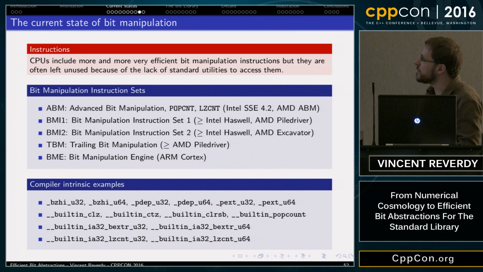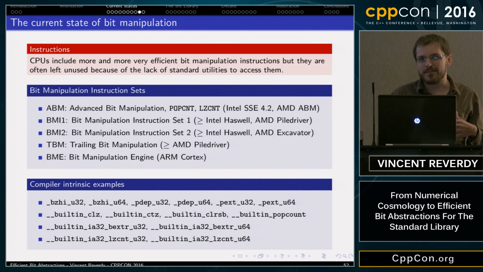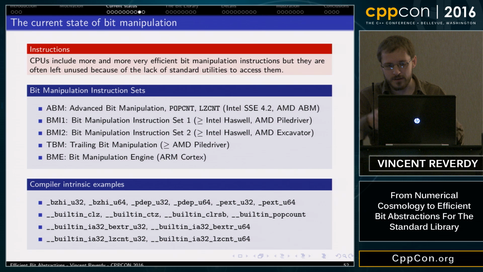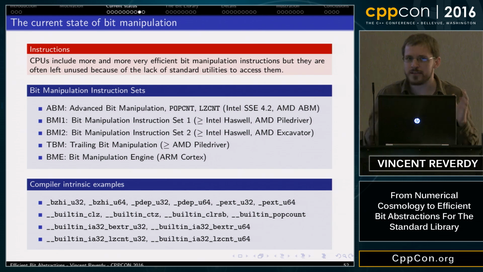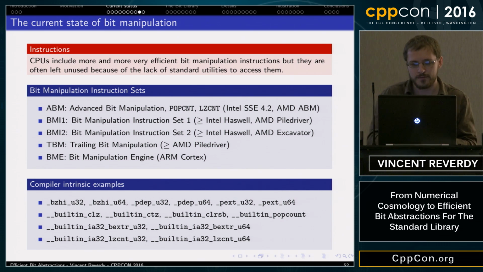On modern processors, as I said, there are new instruction sets that leverage bit manipulation to do things very quickly. It sometimes replaces tens of bitwise operations by a single assembly instruction, which means that it can really optimize code that uses these kinds of instructions.